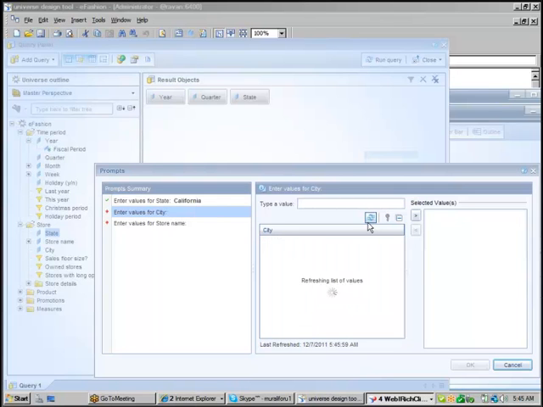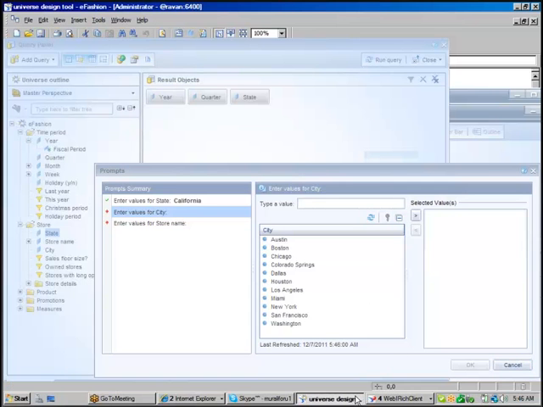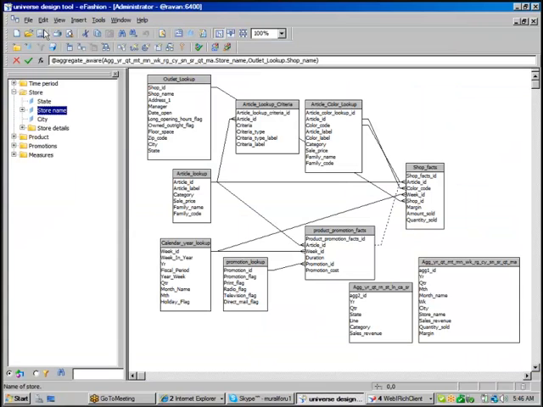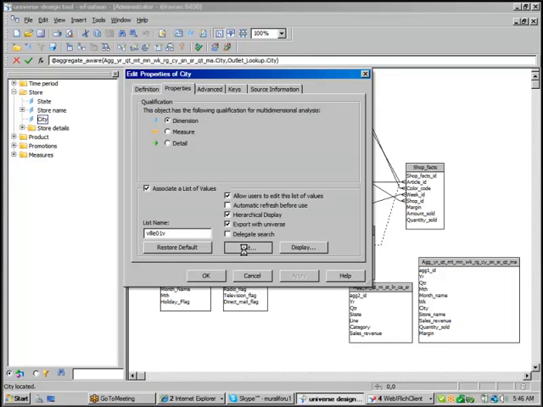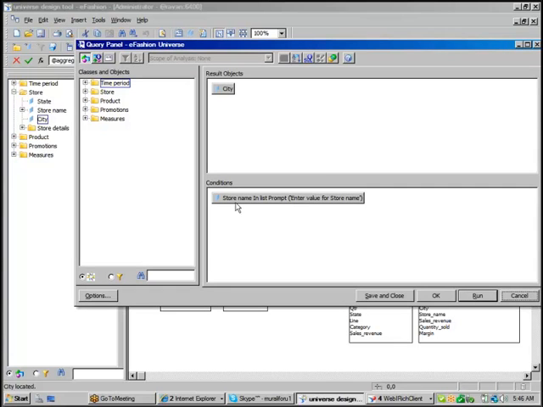refreshing. It needs to refresh based on your selected state. When you see in the universe, let me check the properties of city. In the properties, edit. There is a where condition. Sorry.